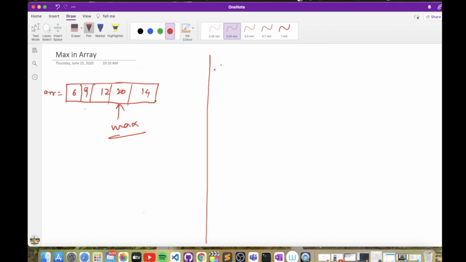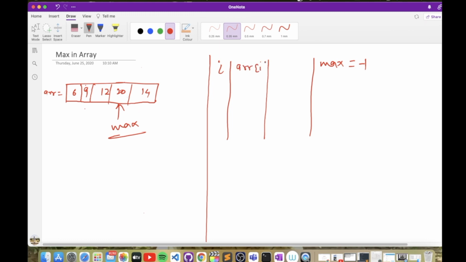Suppose we have started traversing with the variable I, and we have a variable max where we will store the maximum element. I have initialized max with -1. Here we will look at ARR of I, and I am starting with I equal to 0, because as I said earlier, we will traverse the array from left to right.